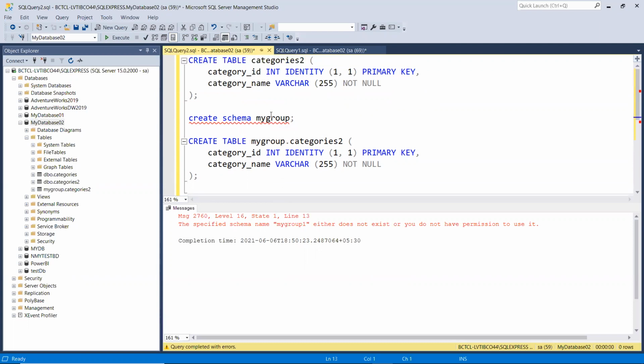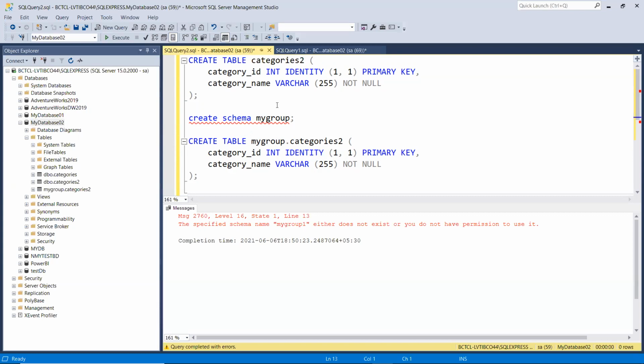As I mentioned, there's some hierarchy: inside a server you have a database, inside a database you have schemas. Schemas can be skipped, but then it will be directed to a default schema, and then we have some tables. So for creation of a database, a server is required. For creation of a schema, a database is required. For creation of tables, a schema is required, and for creation of rows and columns, a table is required. I hope everybody is clear up to this point.